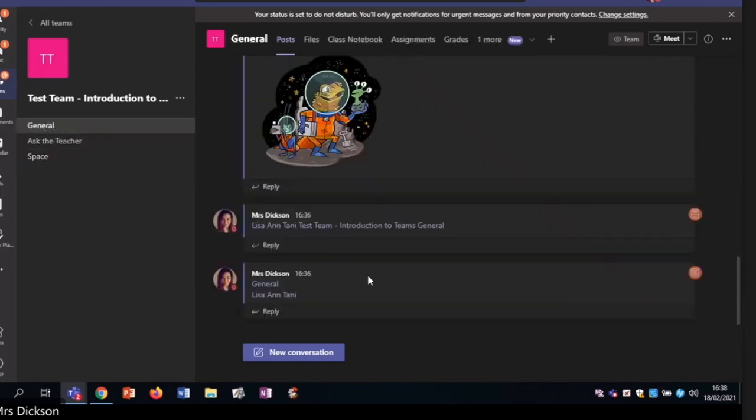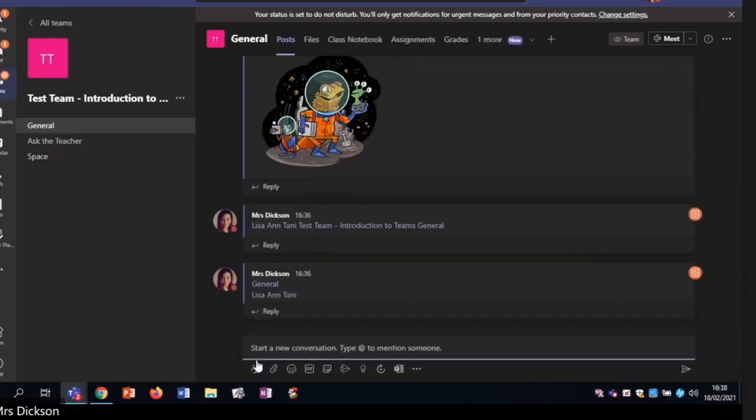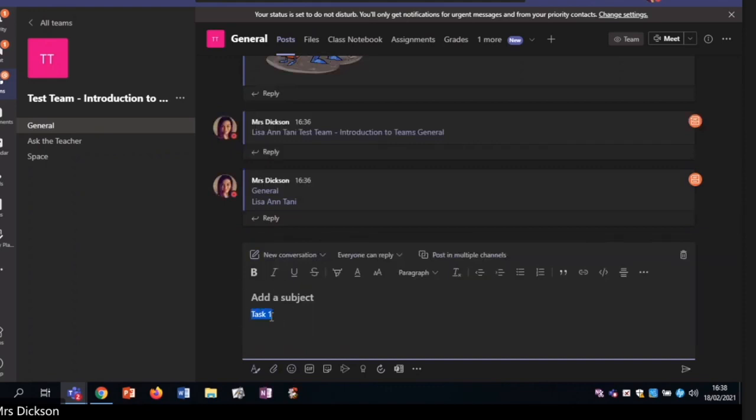You can go back into your general channel. Then if you're doing a daily announcement saying, this is what we're doing today, I would really like you to do this task, it's on the space channel, and you're trying to explain where to find it, you can actually just link the task instead. So if I just format this, task 1 on space channel, you could do something like, please click here to visit your space task, and you can then